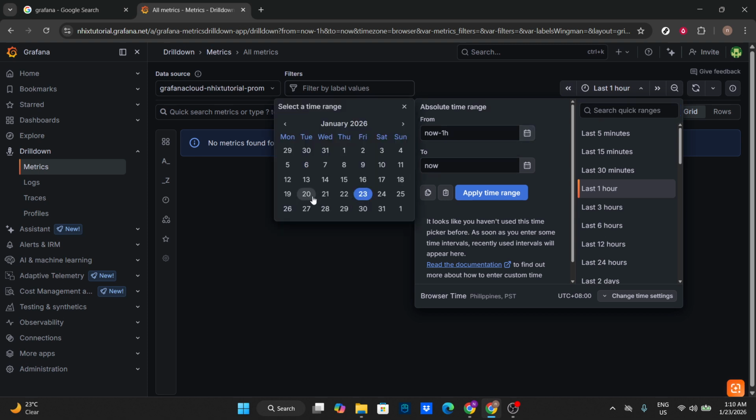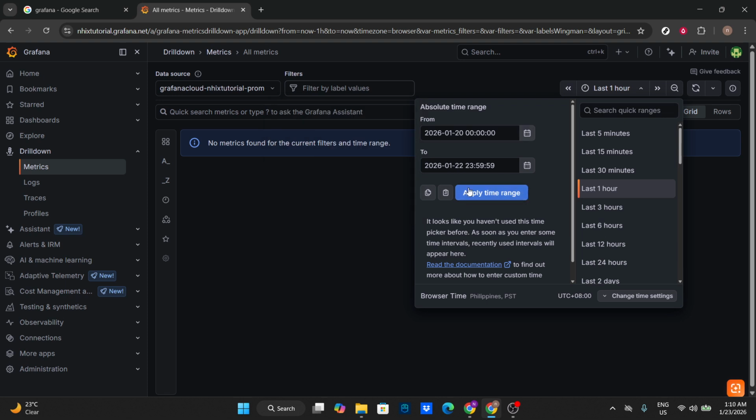You can use the calendar to pick dates and type in precise times if you need minute level accuracy. When you're happy with your selection, click Apply Time Range. Your panels will refresh and the data will be restricted to that exact window, making it easier to spot trends, anomalies, or gaps. If you don't need a fixed window, you can use the quick time ranges for a faster